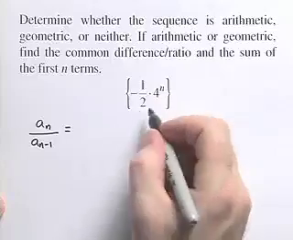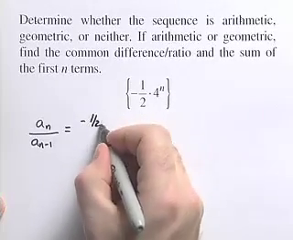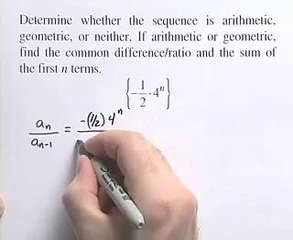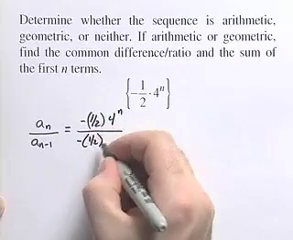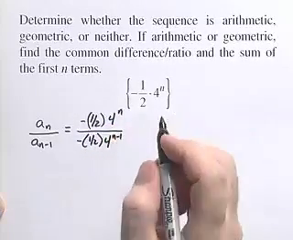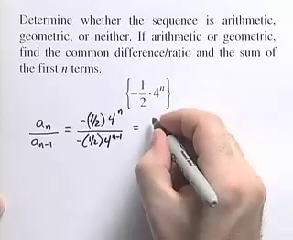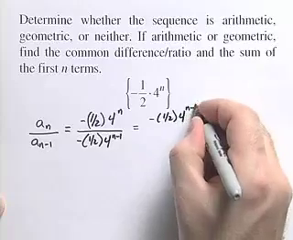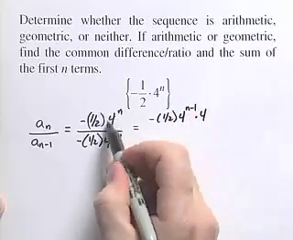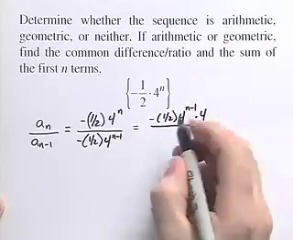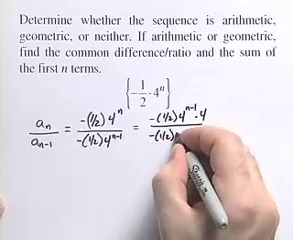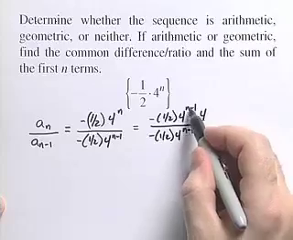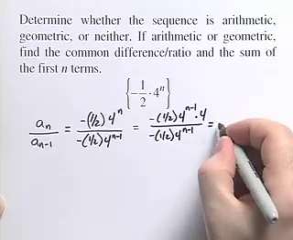This is a sub n that we're given here, so we'll have negative 1/2 times 4 to the nth power. That will be divided by negative 1/2 times 4 to the n minus 1 power. We can rewrite that. So it'll be negative 1/2 times 4 to the n minus 1 times 4, we're just rewriting 4 to the n, over negative 1/2 times 4 to the n minus 1 power. We notice that this negative 1/2, 4 to the n minus 1, that cancels, and we get that this ratio